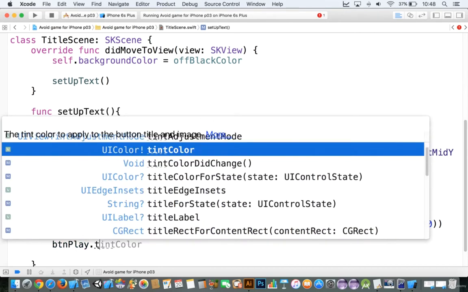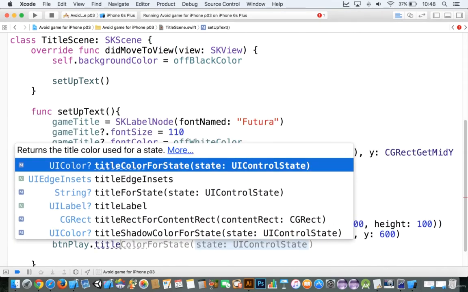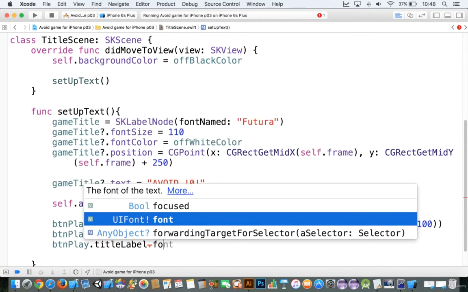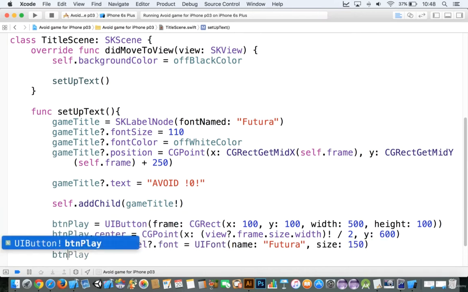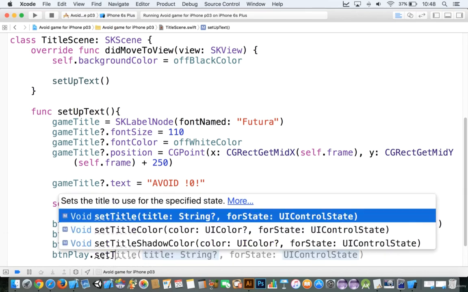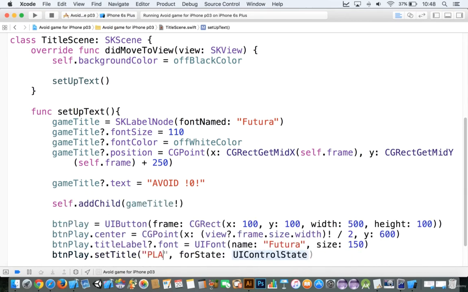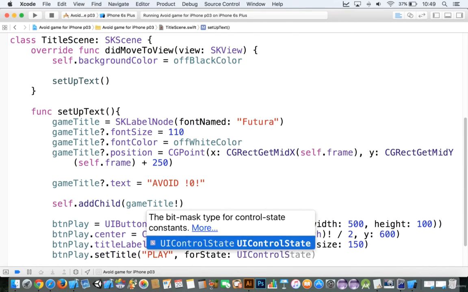So we're going to go to title label.font is equal to UIFont, and we'll say this is Futura, and the size we could probably say is 150. We're going to go to btnPlay.setTitle. We're going to say "Play," and maybe not the exclamation point, but the UIControlState is going to be UIControlState.normal,